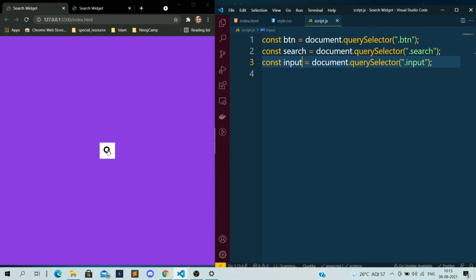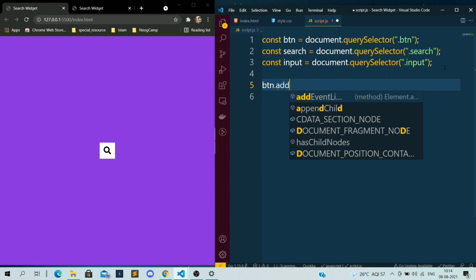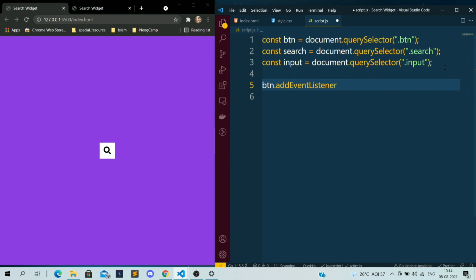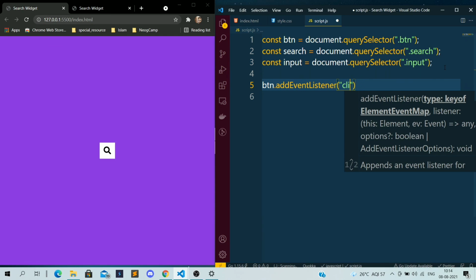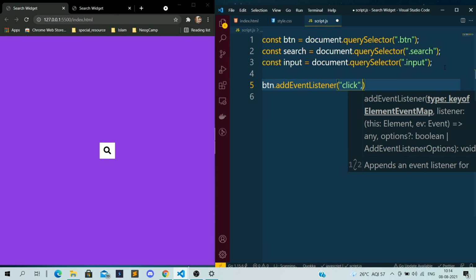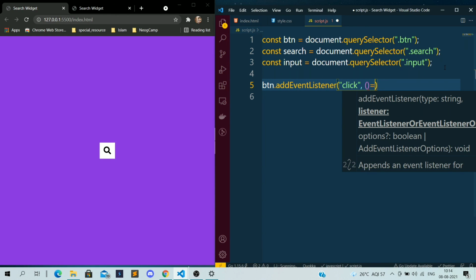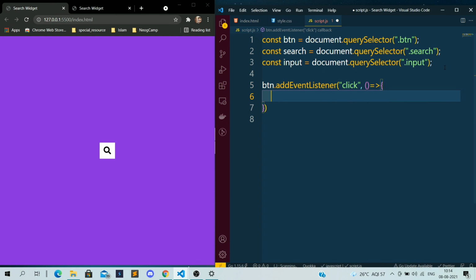Okay, so now what I want is to click over this search icon. I want to click over this button. So what I will do, I will take this btn and I will add addEventListener. Okay, so which event do I need? Click. So when I click over it, I want some functionality. Okay, and then I have added an arrow function.